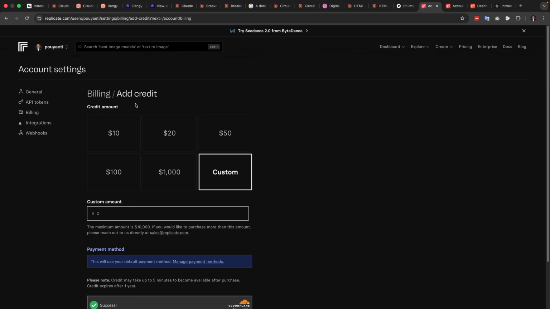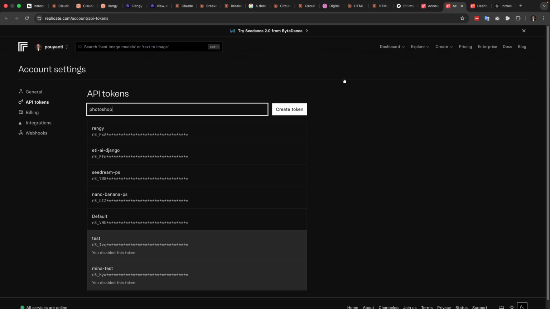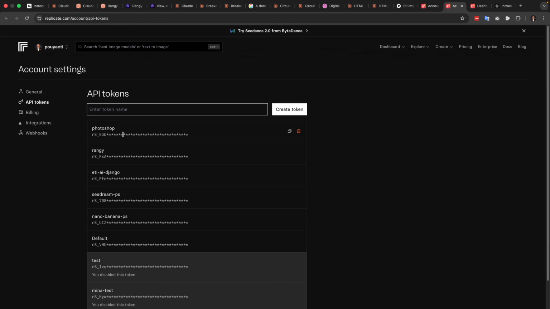After you added credit, you need to go to API tokens. Then here you can just write a name in this input. For example, you can write whatever you like. This is for yourself. I wrote Photoshop, and then click on create token. A token or a key was created here. All you need to do is to come here, click on this icon to copy the token, and then come